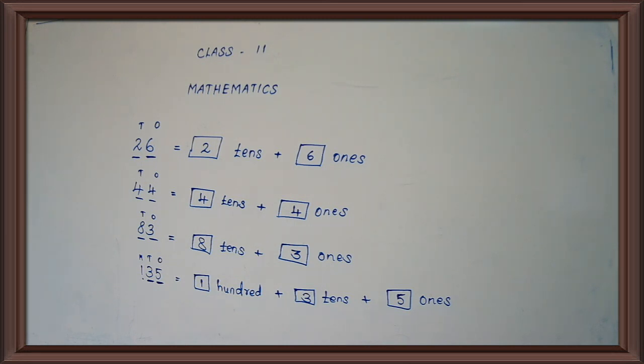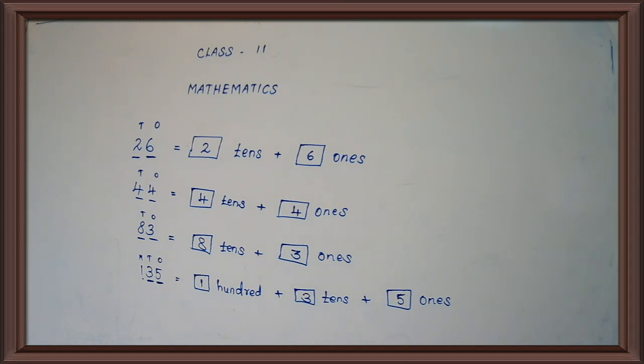See the next one. 135. 135 is a 3 digit number. Yes or no children? Yes. H-U-N-D-R-E-D, 100 plus, one box, tens, plus, ones. Tens plus ones. Okay. See here. This is a 3 digit number. Yes. How many digits are here? 1, 2 and 3. First of all you mark ones, tens, hundreds. Okay. Now you take and fill the numbers.